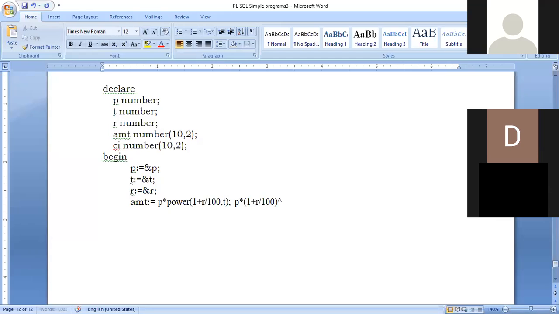Normally we used to give a caret symbol or something like that. But the caret symbol will not work here. So instead of that, what we can do is use the power function. What does the power function do? Power function raises